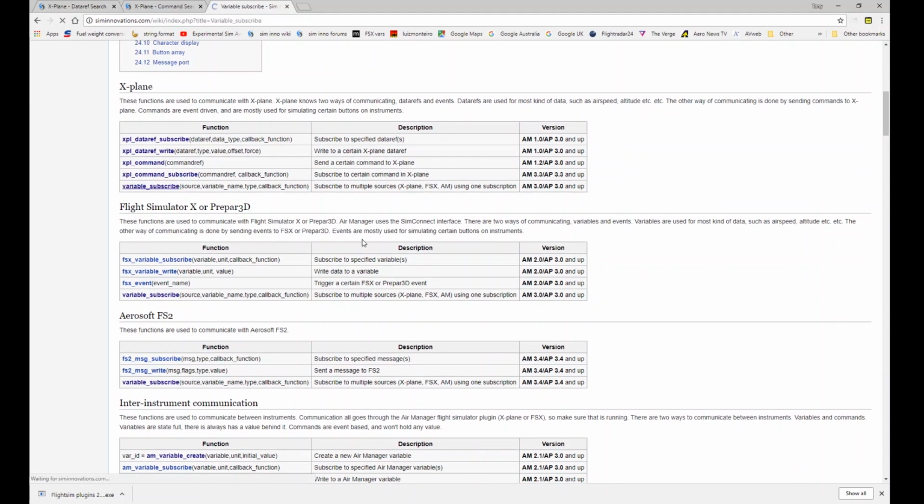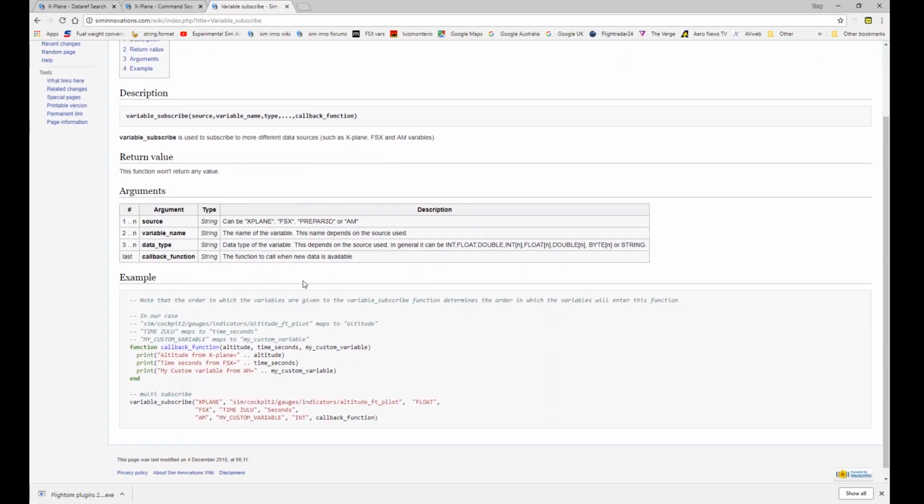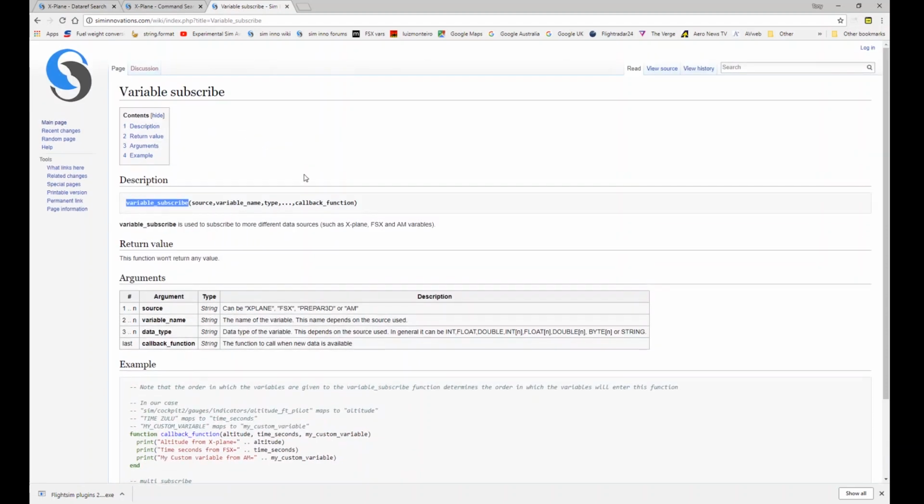I haven't got any examples for this one because it's very straightforward and similar to what we've seen already with the XPL dataref subscribe. So essentially the format of the statement is exactly the same. Rather than calling it XPL dataref subscribe, we just call it variable subscribe. So it's called the same in all cases, no matter what sim you're using it with. That's the name of the function,